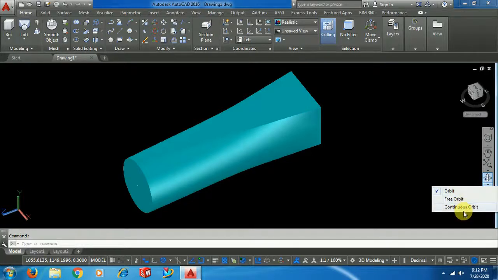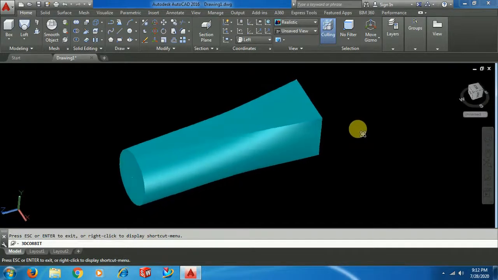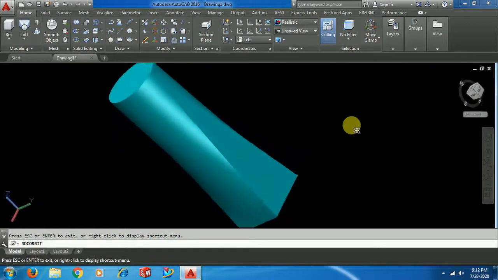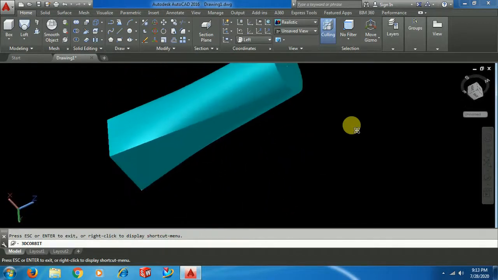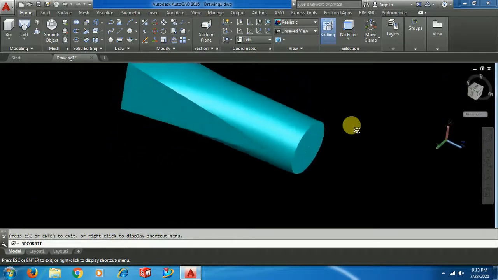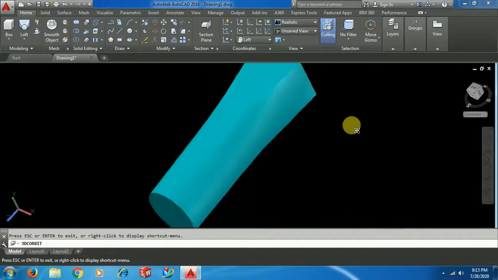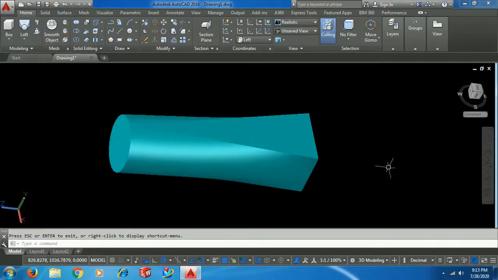Here we have the orbit option, continuous orbit. If you select continuous orbit and click on the screen, it keeps on rotating. So you can see the entire shape, section, or form. So this is the command loft. Right click, exit.